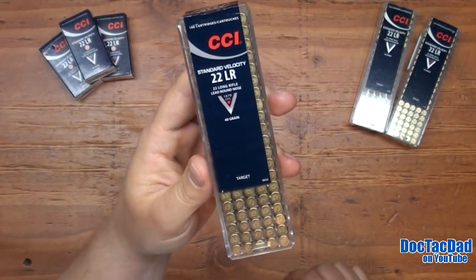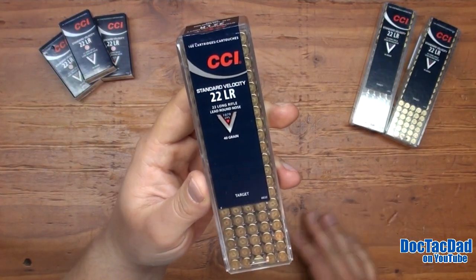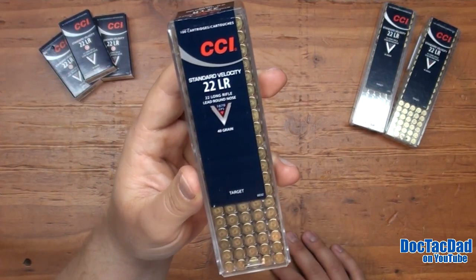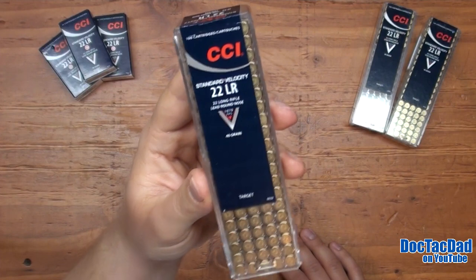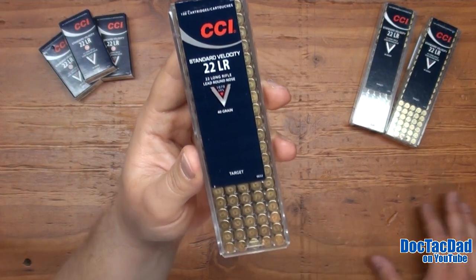I've had really good results with the CCI Standard Velocity in the past. It's been very accurate, very consistent with me. I've got to say though that I'm not a huge fan of the subsonic loads or standard velocity loads from any manufacturer really. Mainly because I like to shoot long range with my ammunition, and there's a couple downsides to